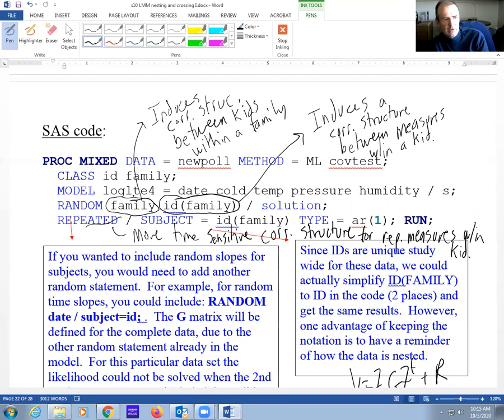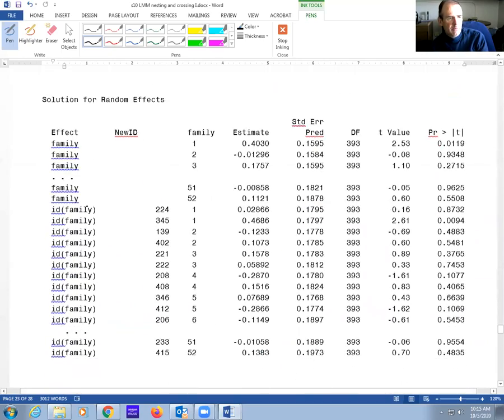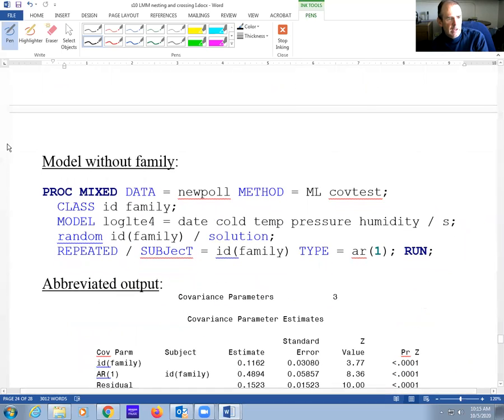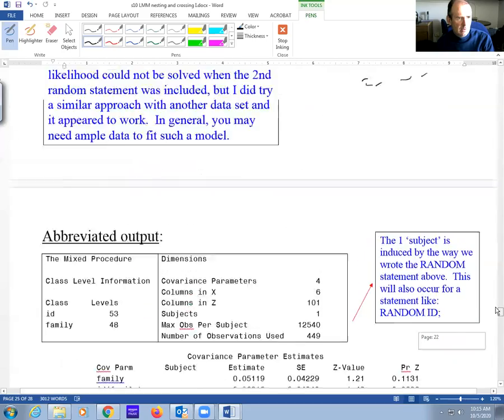Like if you just fit the model without the family term, right? And then we can compare. The simplest way would just be to compare AICs, right? And see if taking out family, and now we just have ID within family. I kept everything else the same, but I took out that family term, and I look at the AIC here, and I get 444.6. So if we go back to the previous model,